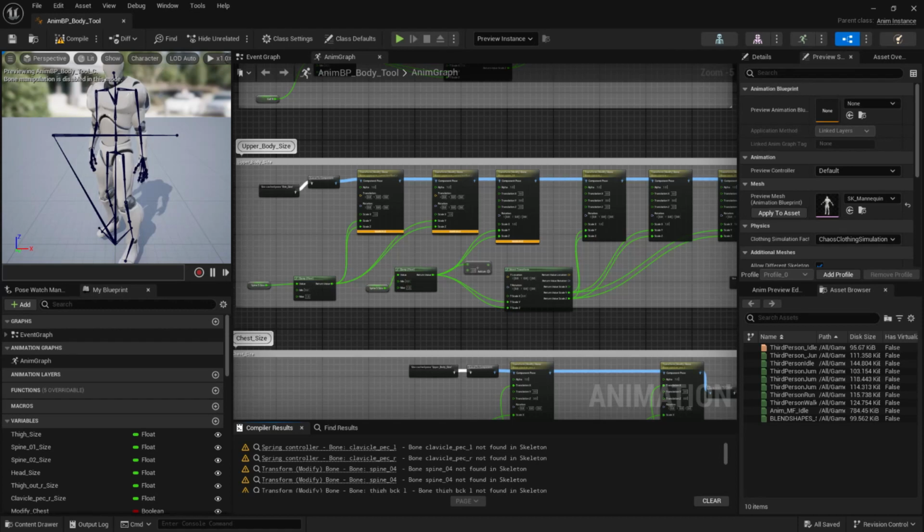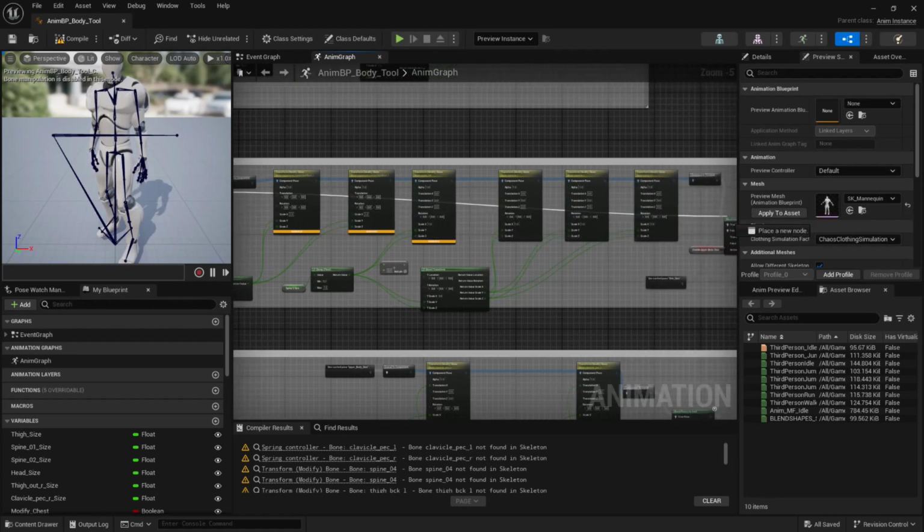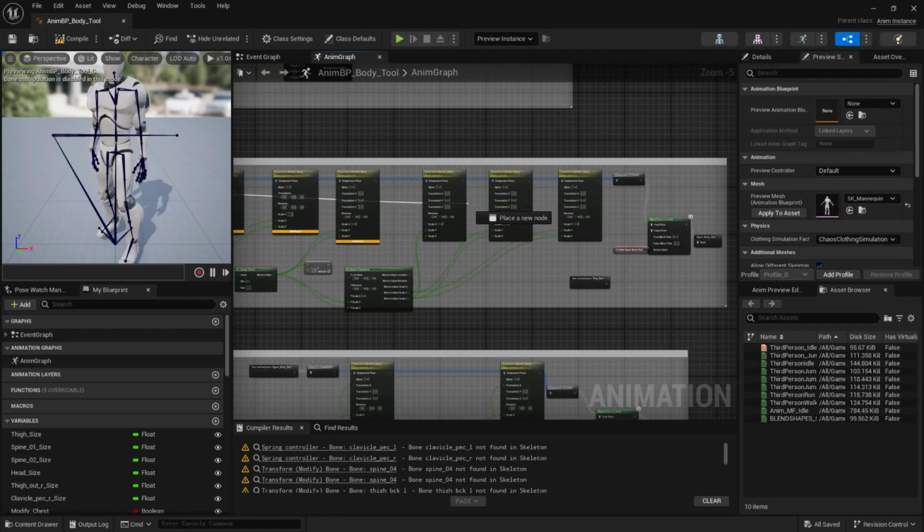I suggest you do disconnect them if you're not intending on adding those bones. But it's a simple process. It's just a matter of dragging from the used cache pose, skip all the bones with the errors, and